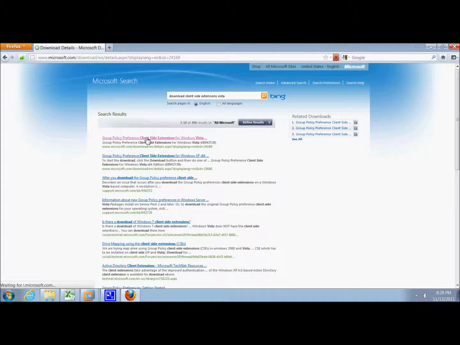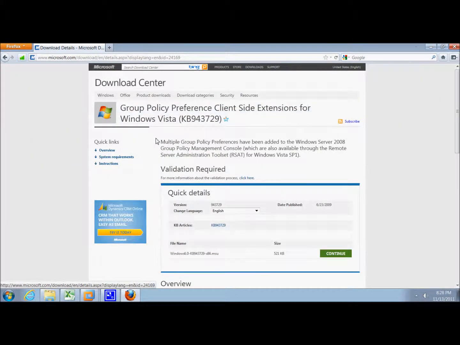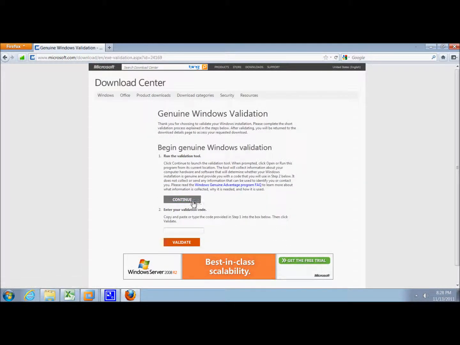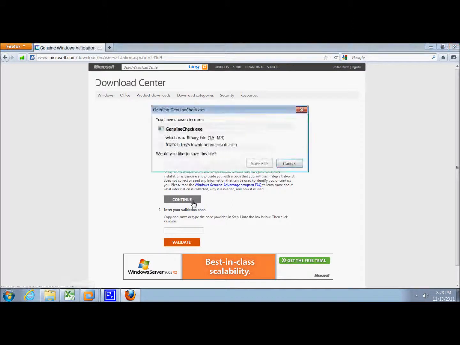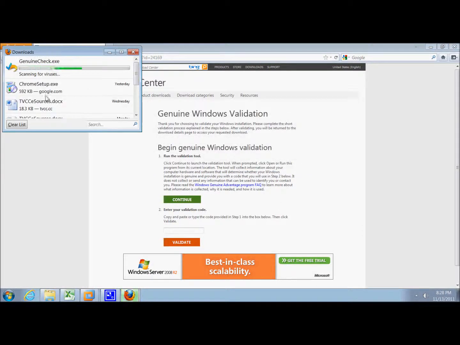We'll click the group policy preferences. Okay, then we'll click continue. Continue. We're going to click save file. And then